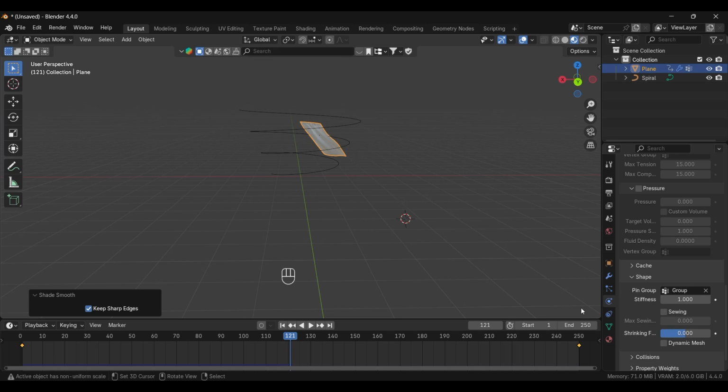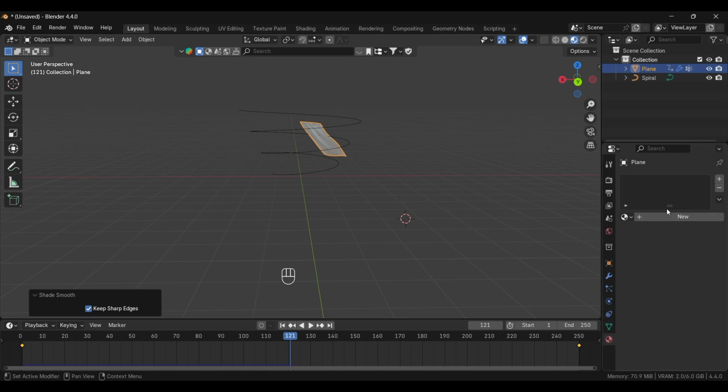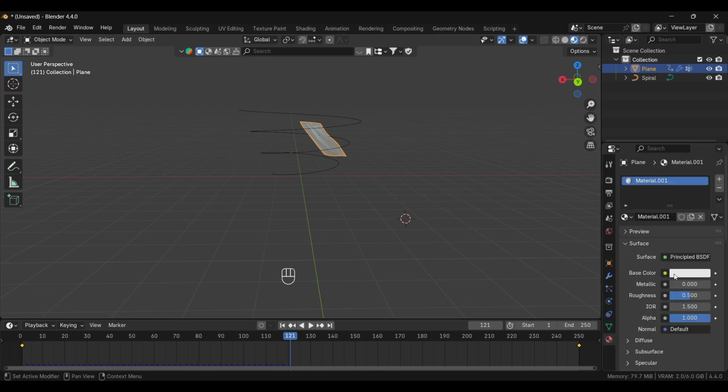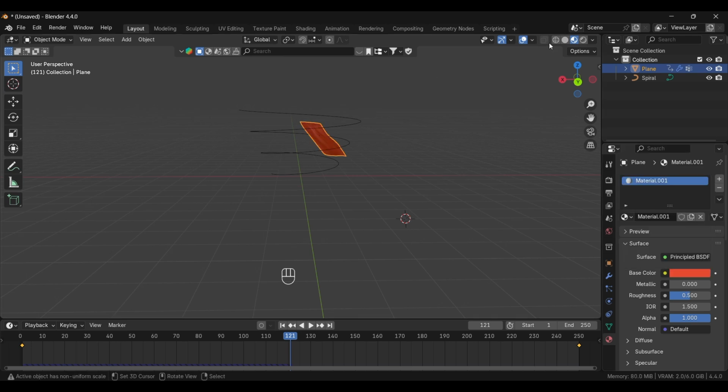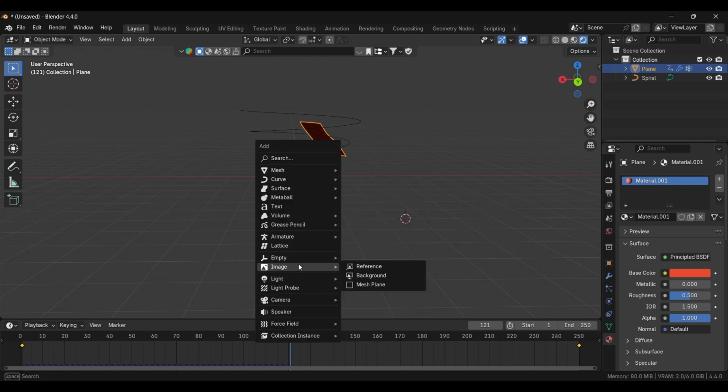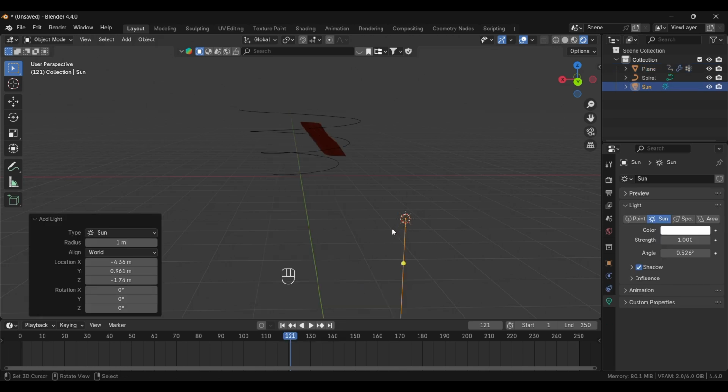In the materials right here, add a new material, change its color. Okay, and then go to the render view. It's a little dark, so we'll add a light to it. Add light from here, adjust the light,